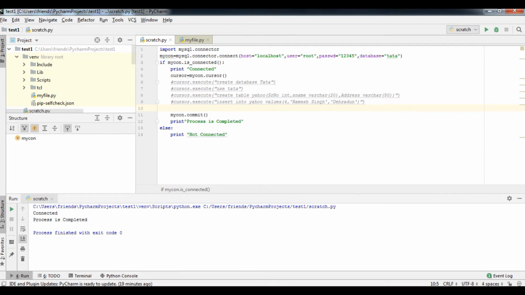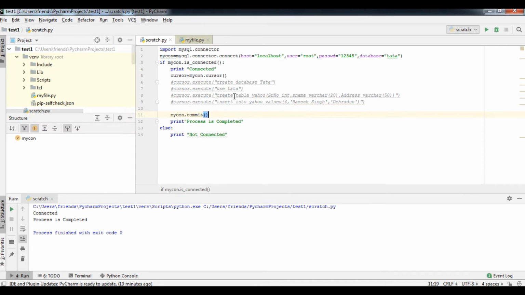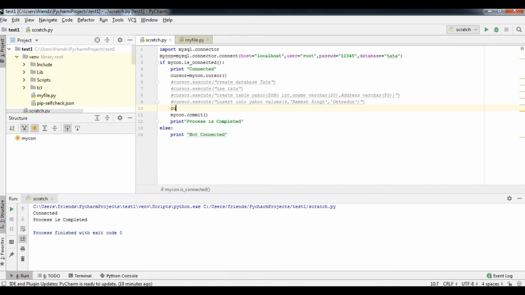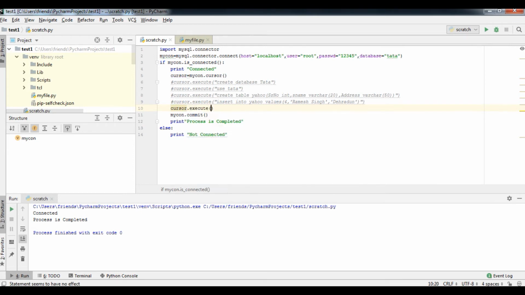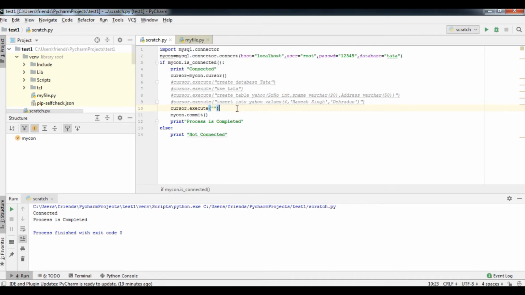So student, once we are going to just see SQL, what we are planning to update. Here is Ramesh Singh. So I am going to change his name to Ramesh Chand. Okay, and how to do that, look here. First of all, I will use definitely the cursor. Cursor provides me the facility to update that and create the database and create a table also. So now after that execute. Within that you have to provide double quotes. Okay, and here you will use the update SQL command.